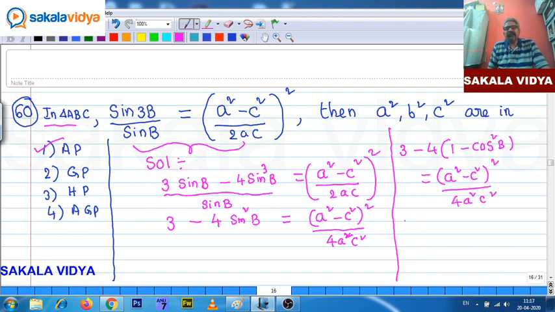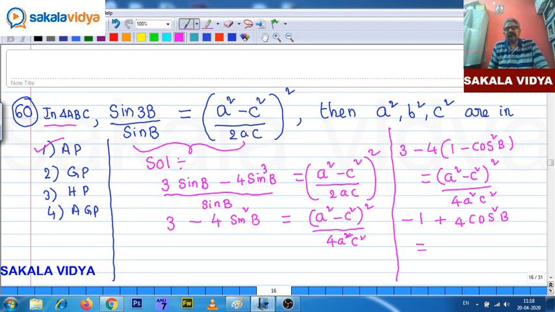So let it be simplified. 3 minus 4, sorry, 1 minus cos square b. Sorry, 1 minute. We need to open the brackets. Oh, I made a mistake. Right, now correct. So this is minus 4 plus 3, minus 1, 4 cos square b only,